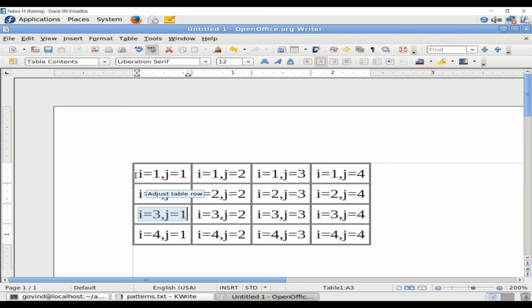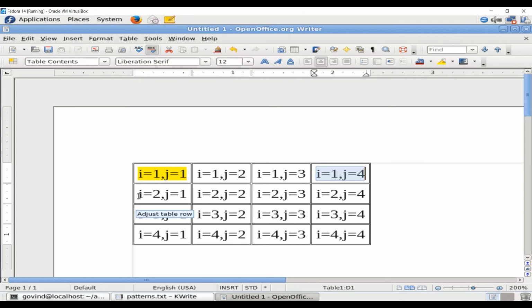What do you mean by that? Or can we find out which are all the cells whose value of I is greater than or equal to j? In the first cell, is I greater than or equal to j? Yes, it is. So I'm going to highlight it here. In this case, is I greater than or equal to j? No, it is not. So I'm not supposed to consider it. Is I greater than or equal to j? No. So all these three cells in this first row, they do not satisfy this condition.